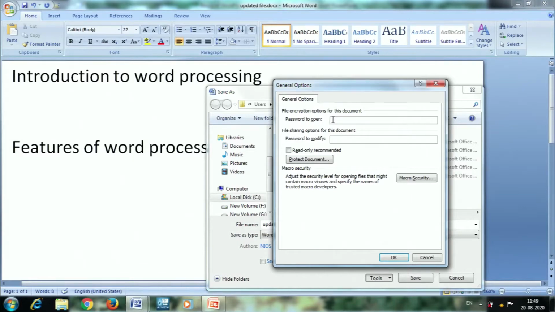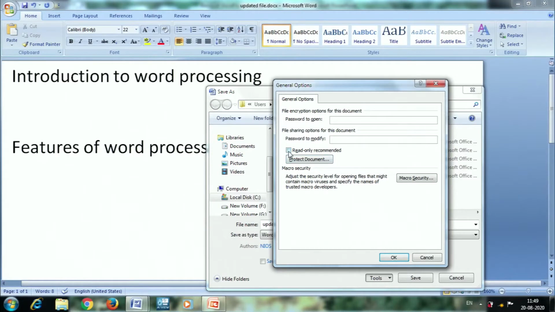For the password to open, you have to give the password for opening your document. The person who knows the password will be able to open your document. If I give the option for password to modify, only the person who knows the password for modifying will be able to modify your document.